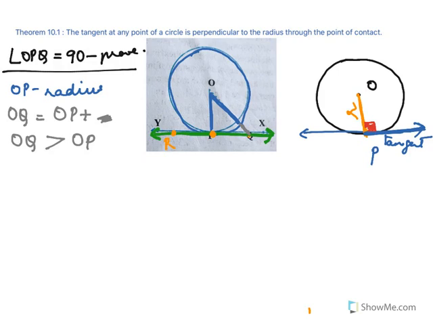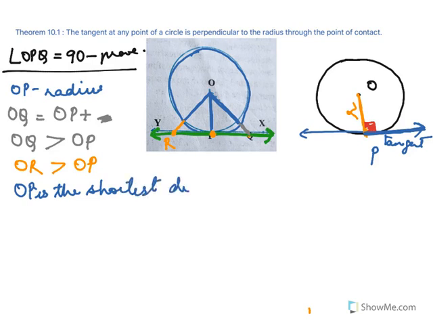We'll take R, and again we see what OR is. OR will be the radius plus this little bit, so OR will also be greater than OP. You take any point on the tangent and you will find that the distance of the point from the center will be greater than OP. OQ is greater than OP, OR also is greater than OP. So now I can say that OP is the shortest distance